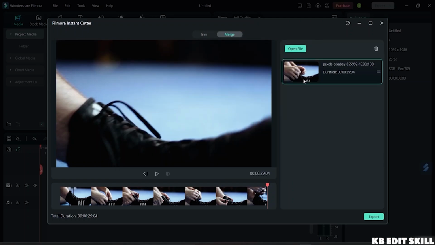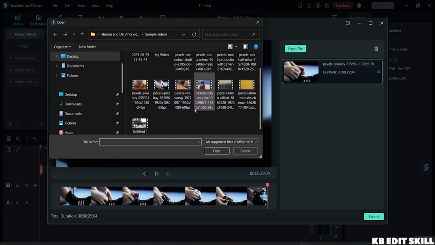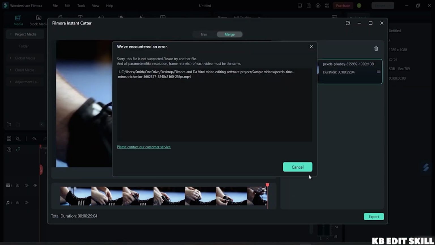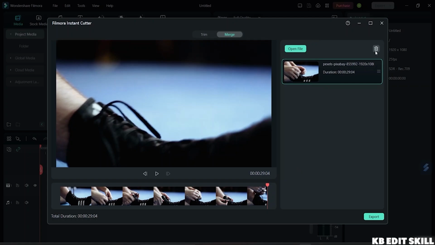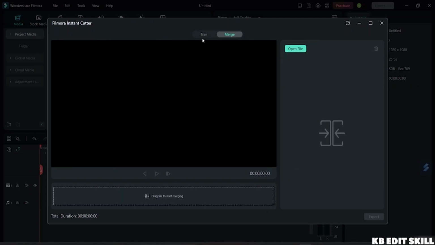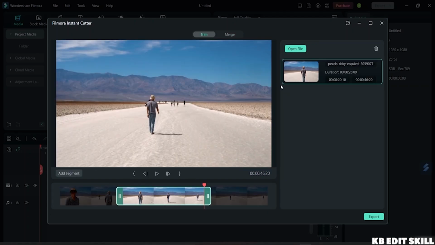Yeah, I'm encountering some problem here, but this is how we can merge. We have to select multiple files from here, and it will just merge them by itself. So I have shown you how to trim also here. And if I go back,